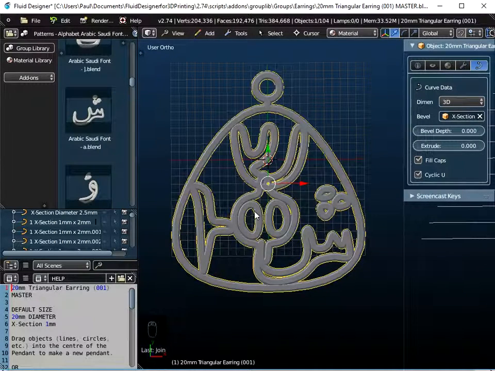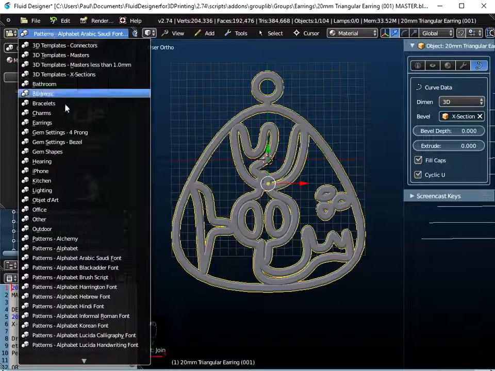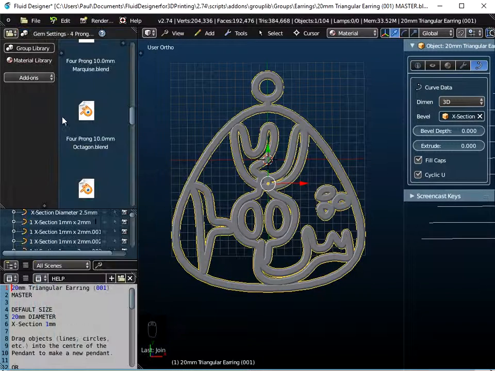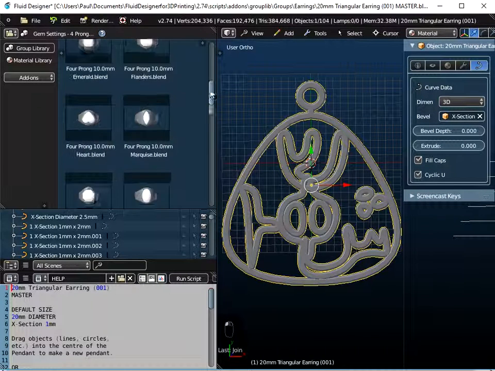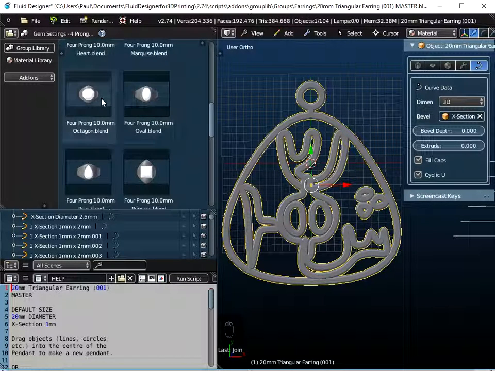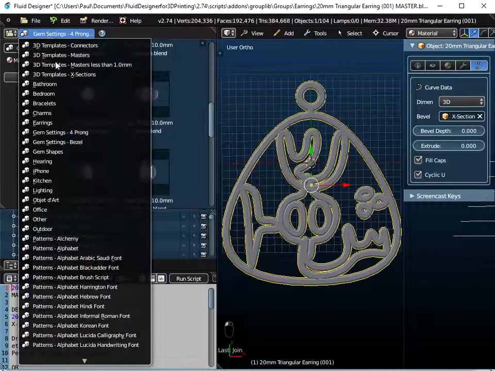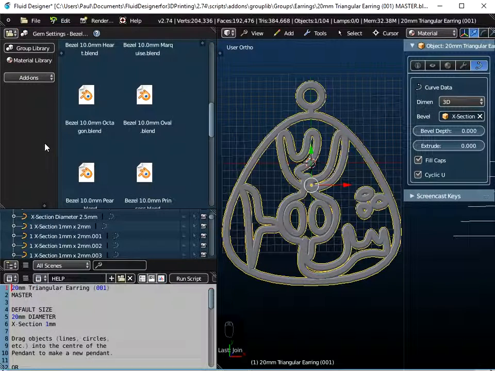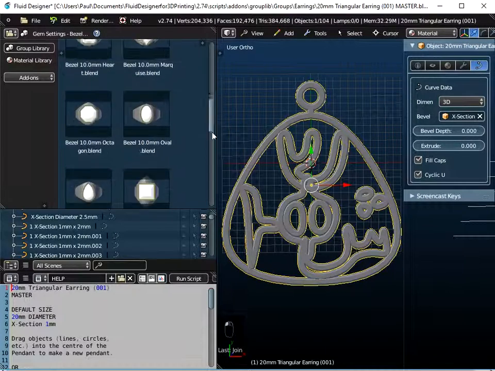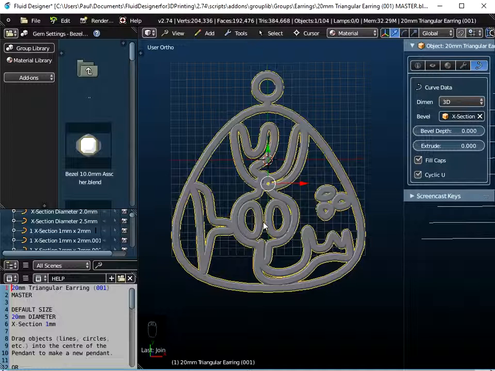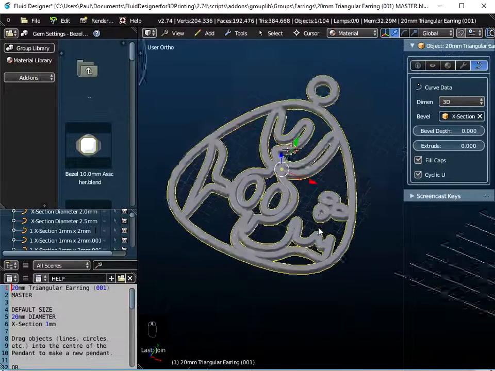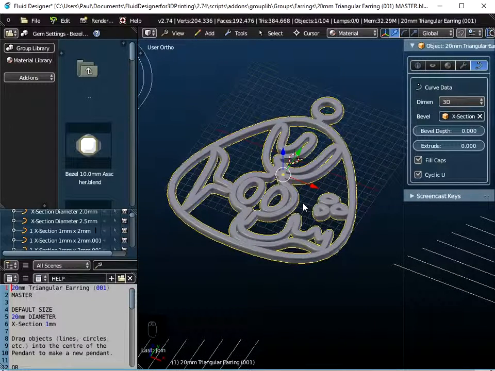but we could, using the gem setting bezels, gem settings with prongs, we could actually add in one of these gems here, or we could add in a gem setting using a bezel. But if you want to learn how to do that, I suggest you look at one of the rings videos that we've created. Now to finish this object off, what we want to do is convert it to a mesh